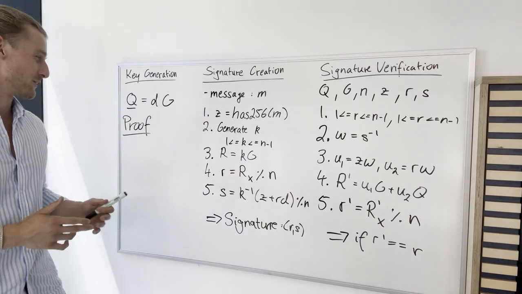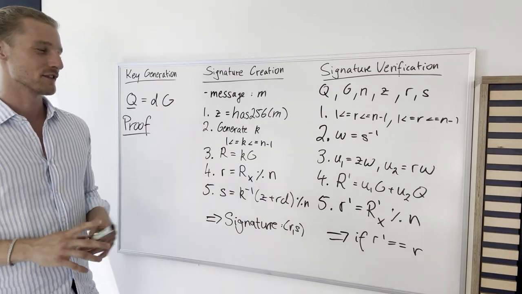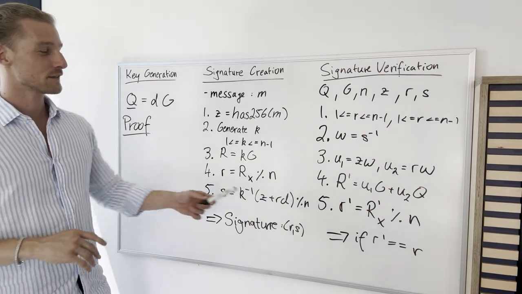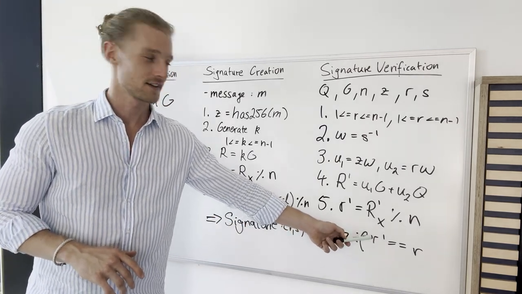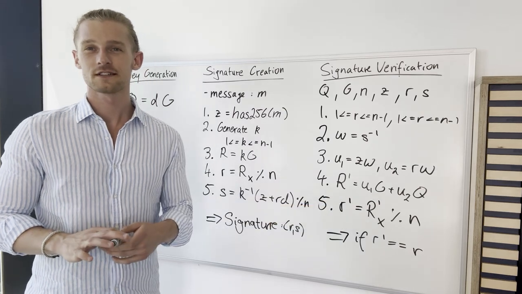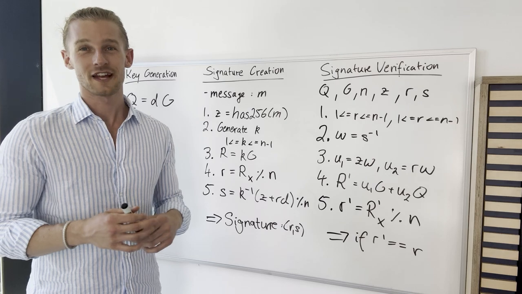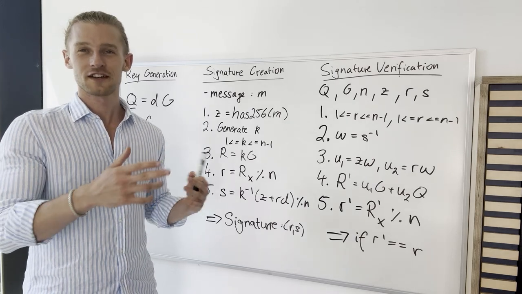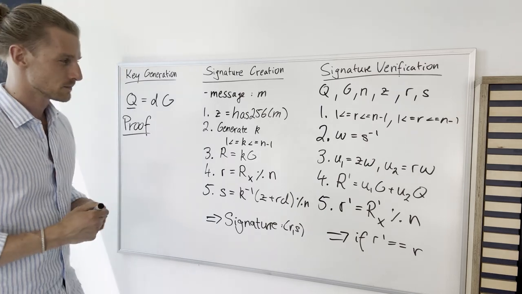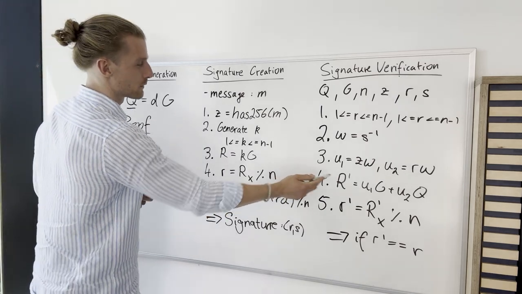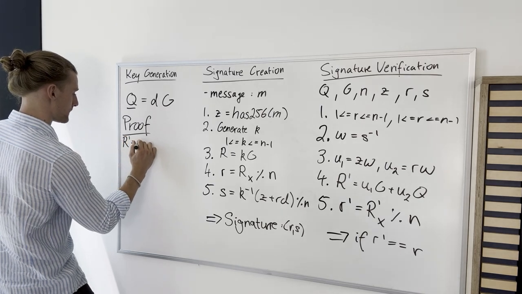Now, to prove to you that this is actually a valid signature verification, meaning that if the newly computed small r is equal to the R that we received in the signature, it proves that the private key was used to create the signature, we'll just rearrange the formula a little bit and then show that the result is correct. So at point 4 here we have the following. We've got R apostrophe is equal to